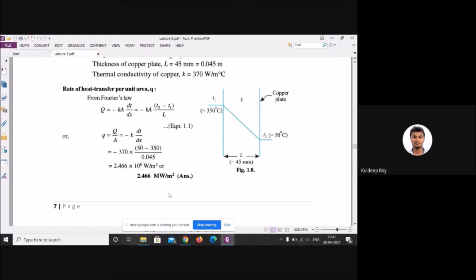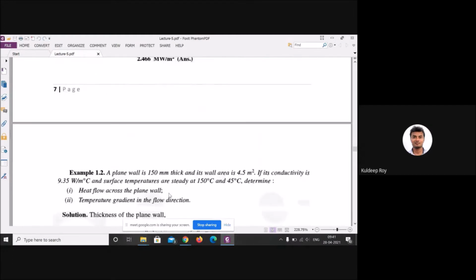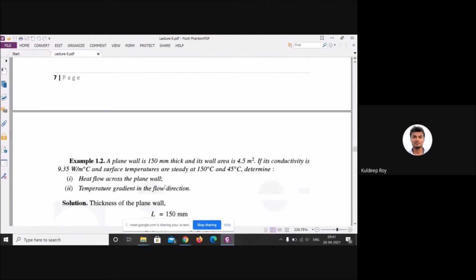Now there is one more problem. Please solve this problem and tell. And there is one thing: today we have lab. In the evening I have seen your curriculum, they have floated a new timetable, and according to that timetable today we have a lab. Now tell how you will solve this problem.